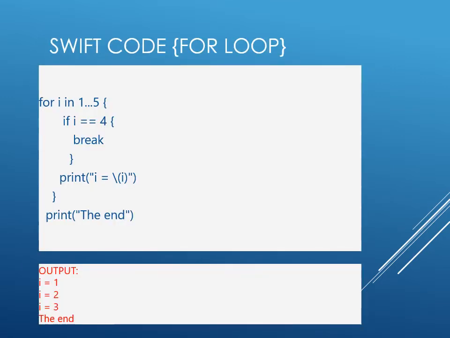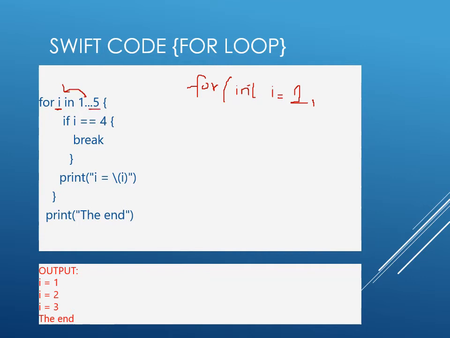So in Swift code, this is the syntax of the for loop. First of all, you have to declare your variable. Simply you will write for i. It means I will write the C code side by side. For integer i is equals to 1. That means for i in 1, this means integer i is equals to 1,